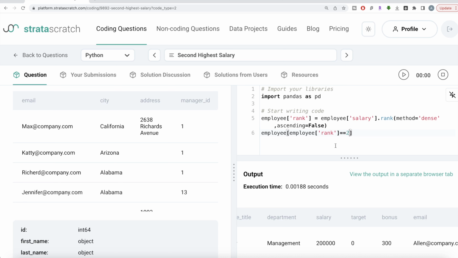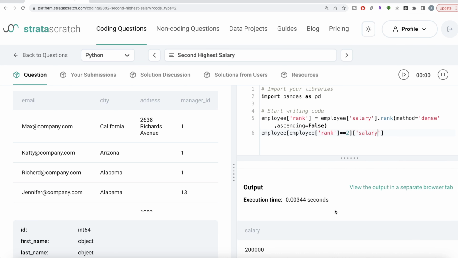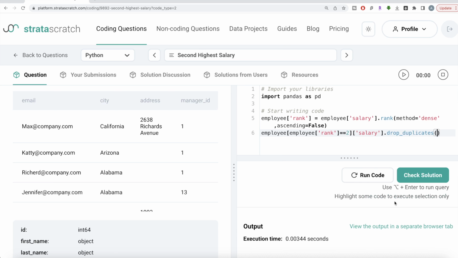So what we can do is keep the salary value. If I just keep the salary value, this is going to give you the second highest, and just to make sure that it is distinct, we can drop duplicates as well. In this case there are no duplicates, but just to make our query more generalized, so that it works in every